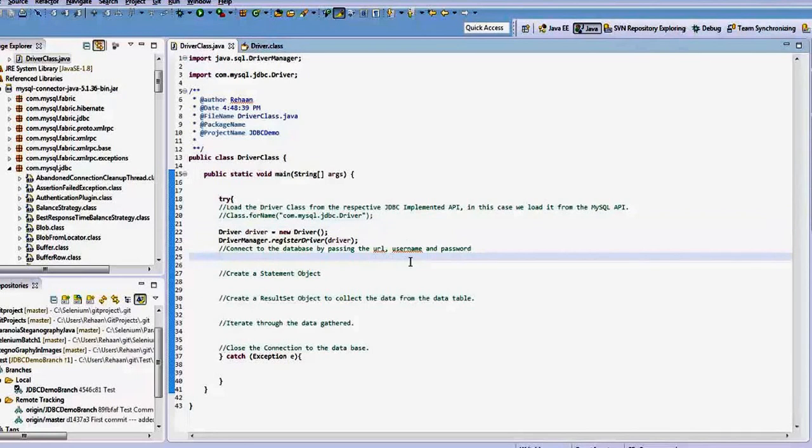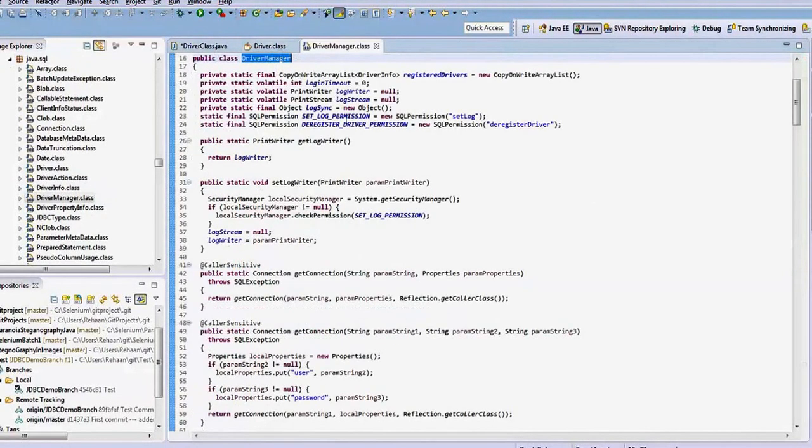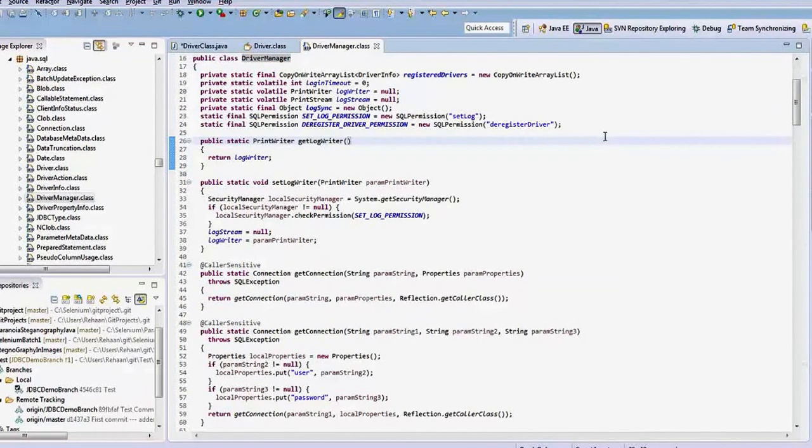All right. The second thing is that we need to connect to the database. For connecting to the database, I'm going to make use of the DriverManager class again. If you want to see what is contained in this DriverManager, I'm going to the DriverManager class.